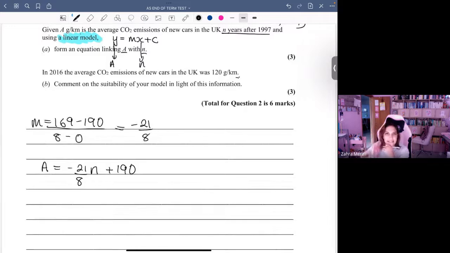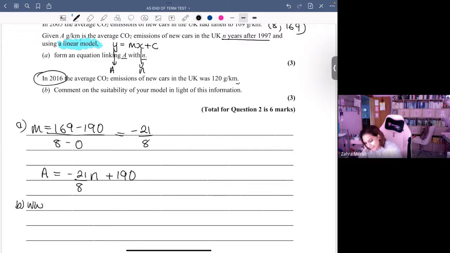The next bit says, in 2016, the CO2 emissions in the UK was 120. Comment on the suitability. So you're going to say, what do I think it is in 2016? So 2016 minus 1997 gives me 19 years. So for part B, when N equals 19, A equals minus 21/8 times 19 plus 190. And then I'm just going to stick it into my calculator. So minus 21/8 times 19 plus 190, and that gives me